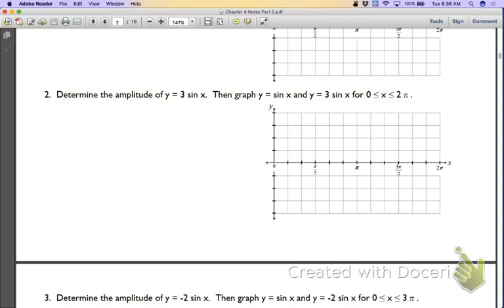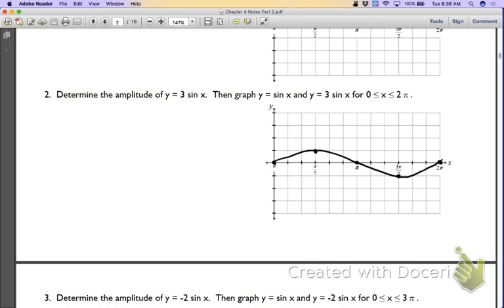So again, as far as our originals are concerned, our originals are at 0, 0. Our original is at pi over 2 and 1. 0 and pi, and 3 pi over 2 and negative 1. So if my originals are here and look something like this,